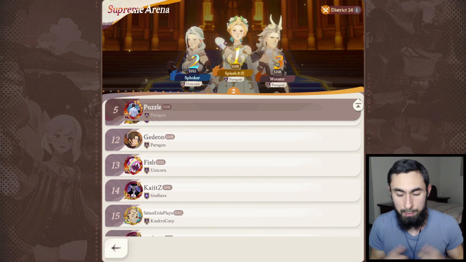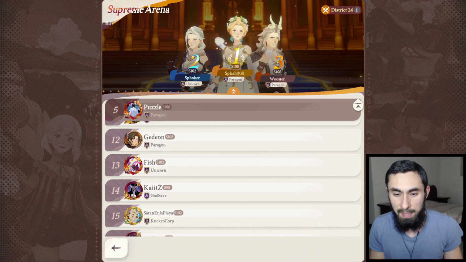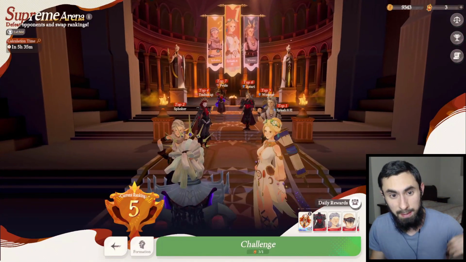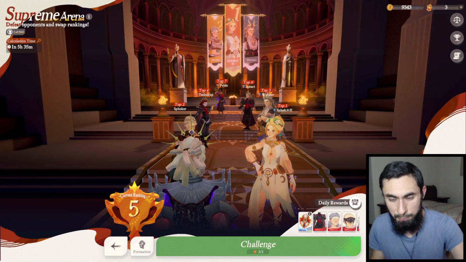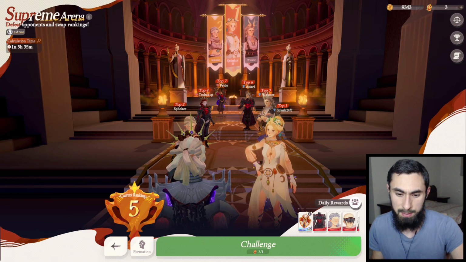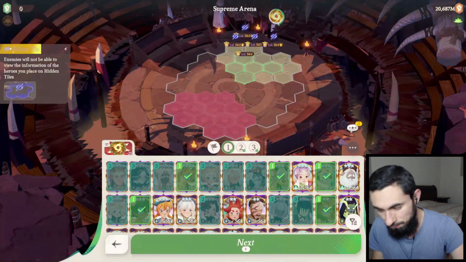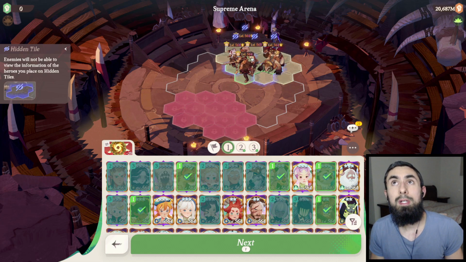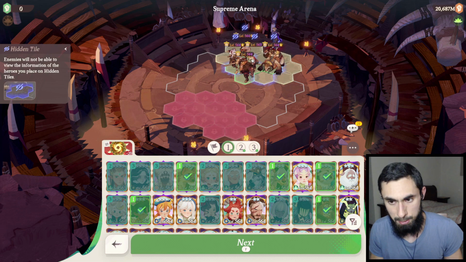his defenses, he was in the top 5, I tried attacking him, and I ended up losing to 2 of them. And that got me thinking that, okay, let's try a version of these defenses, maybe they will do really well. And I'm gonna show my defenses and maybe speculate why I think they do so well in this Supreme Arena formations. So, what I did was, I tried to use the hidden tiles as much as possible